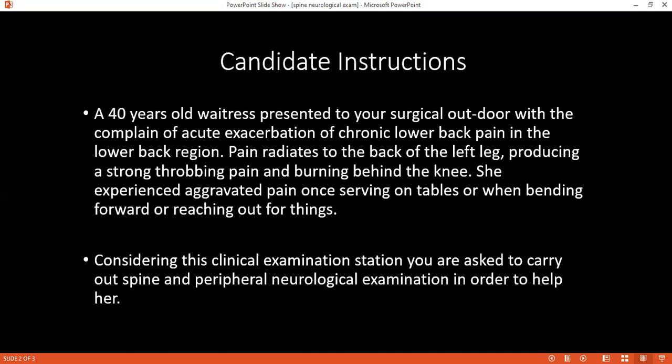Considering your examination, what is your provisional diagnosis? I'll be thinking my provisional diagnosis is lumbar canal stenosis. I'll also be thinking of a possible cauda equina, but I didn't check for the sphincter to know whether there is sphincter incontinence. Then the other possible differential diagnosis is diabetic neuropathy.